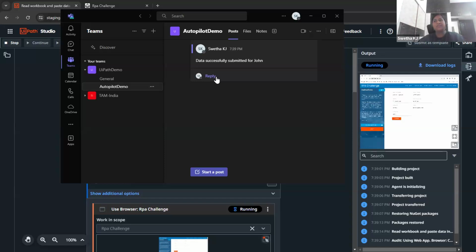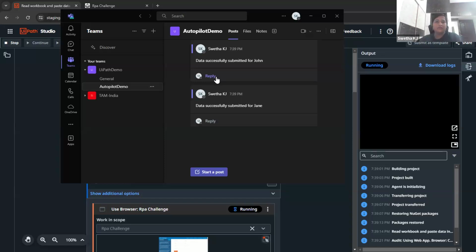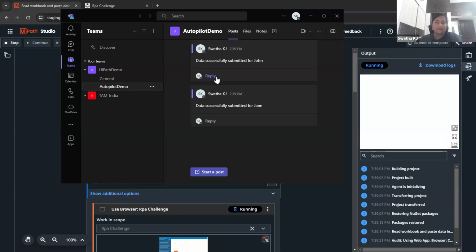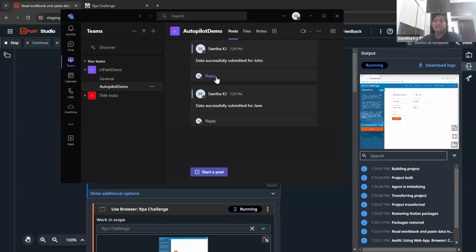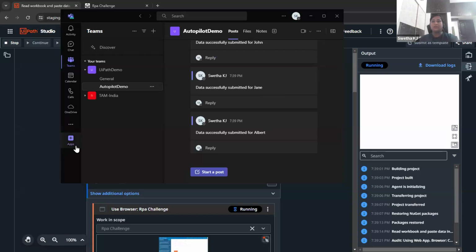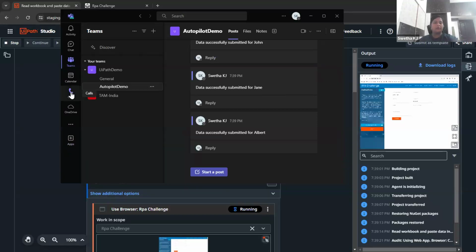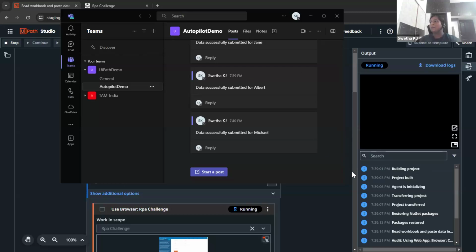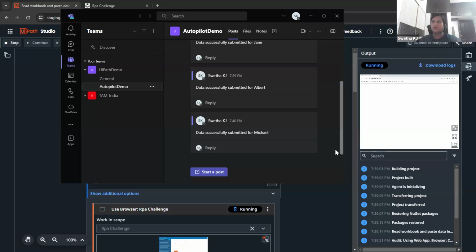Okay, so this business use case is for when you have lots of data to process, as in an Excel sheet, and you just use this particular process and let your team know. This channel will contain all your team members, and the team will be posted on how far the data has been processed. All right, so this is a simple use case that we could think of at the moment. But yeah, this is how Autopilot is helping us here.